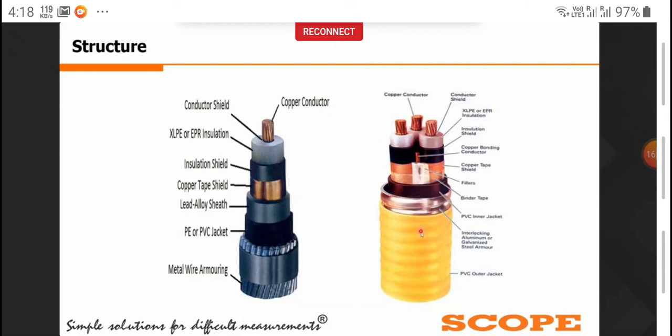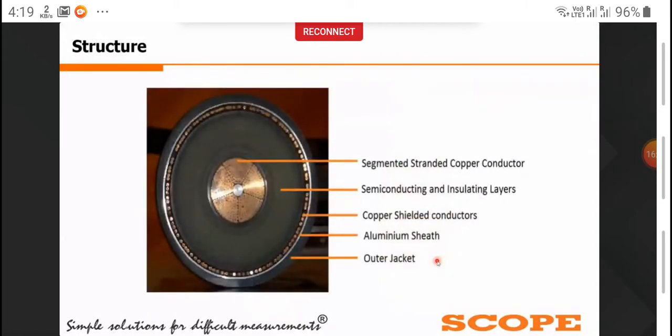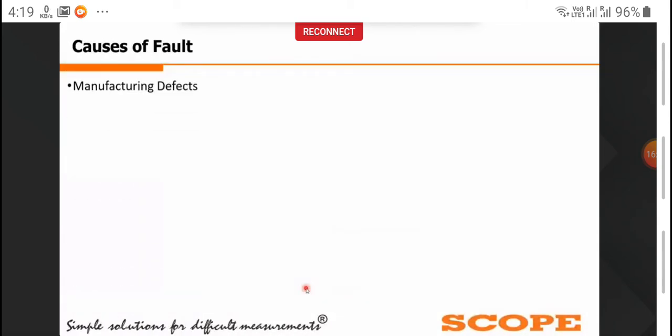After that, the outer sheath or outer PVC jacket. The outer PVC jacket is mainly used to provide mechanical, chemical, and electrical protection to the cable. This outer sheath is also used to provide the manufacturer marking, the cable rating, and the length marking on the cable. Now, in this picture, you can see the cross section of an XLPE cable of a 400 kV cable. The construction is as I explained earlier. Okay. Next one.